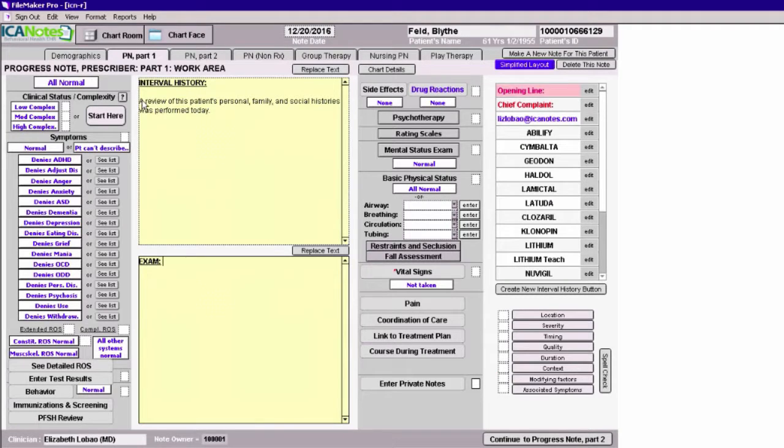And the program is going to give you a pat on the back for doing that review. It's going to say a review of this patient's personal, family, and social histories was performed today. Okay, so now that we've gotten that out of the way, we're going to start here at the top,